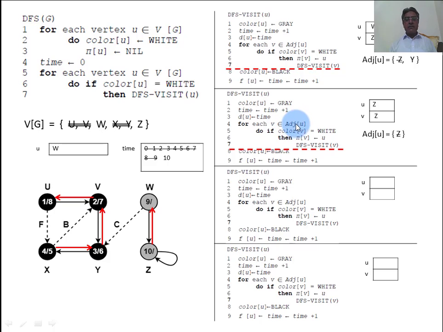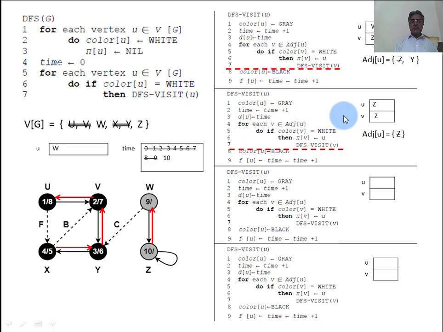We want to find the adjacent of U, that is adjacent of Z. Adjacent of Z is Z itself, because it is a self loop, and it is already gray, not white. If the color of Z were white we would process it, but it is not white, so we will not process this one. The for loop will be terminated and we jump to this location.